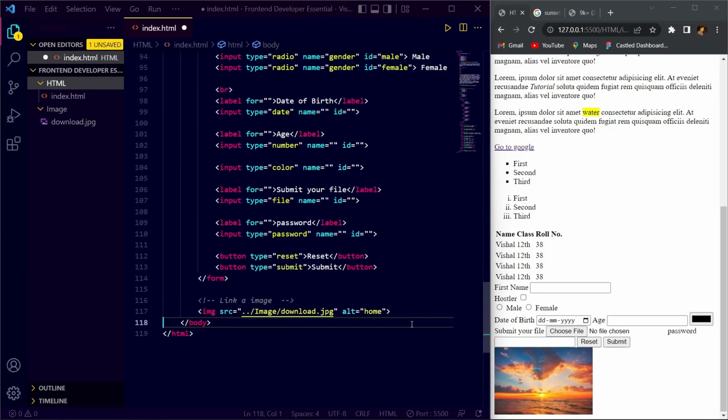After adding an image, the next thing we have to add is, let's say you have to add some iframe. Inside your web page you have to show another website, or you have to show some YouTube video. So how are you going to do that? For that,